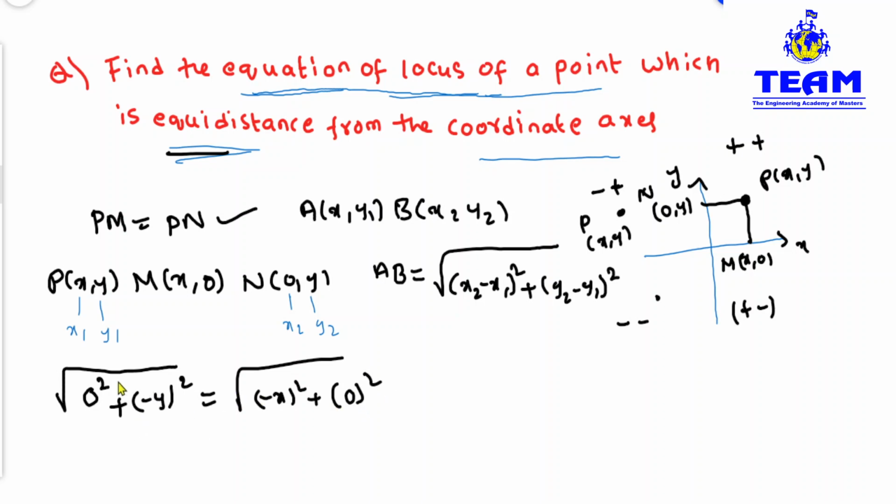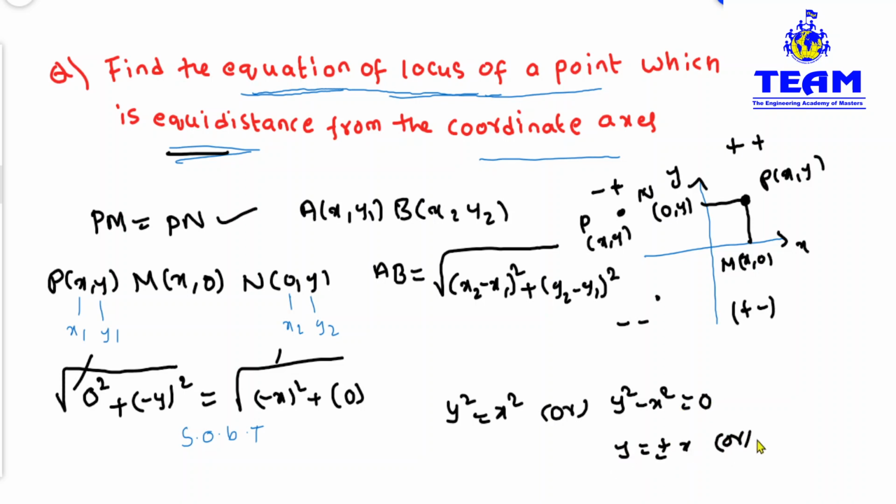So if you simplify it, you see friends, both sides have a square root, so you can cancel them in the next step by squaring on both sides. If you square on both sides, then simply you see friends, this square and this one get cancelled, then you will have y square. Minus y whole square means y square only. Y square minus x whole square is what? x square. So y square minus x square is equal to 0, or y is equal to plus or minus x. Of course, you can also say x square minus y square is equal to 0.